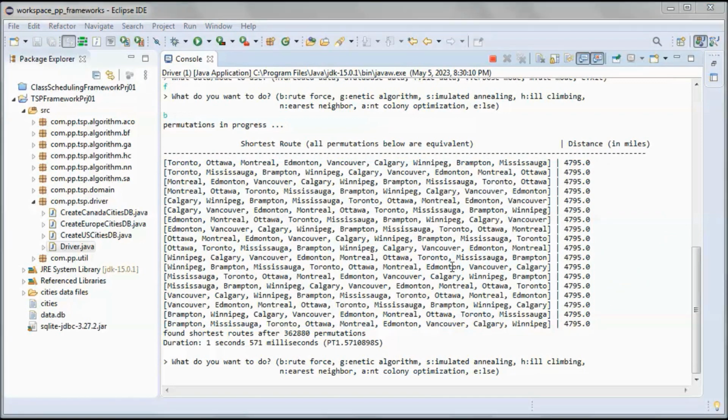Now brute force becomes much more time consuming the more cities we add to the route, since we end up with many more permutations.